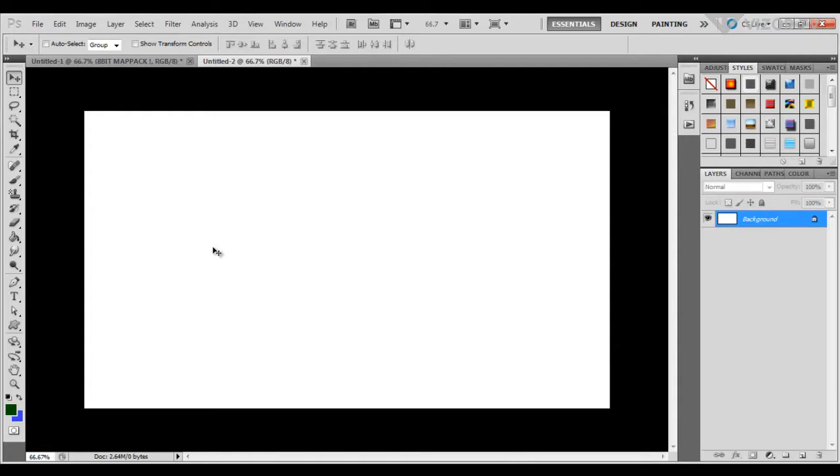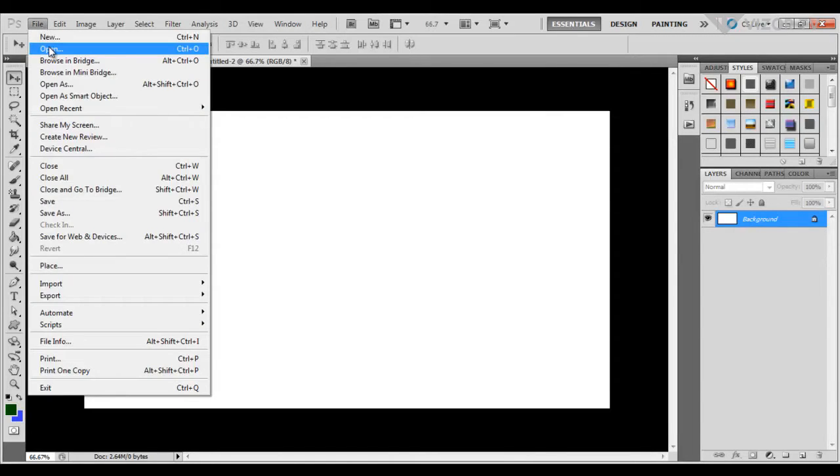Now we'll get on to the tutorial. Today I'm going to be teaching you guys how to export 2D images from Photoshop to Cinema4D and turn them into 3D images. Now what you want to do is just create a blank canvas. It can be any size, but I just advise 1280 by 720, and you want to go File, Open, and